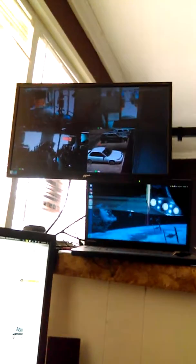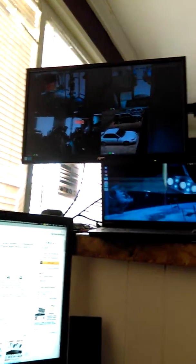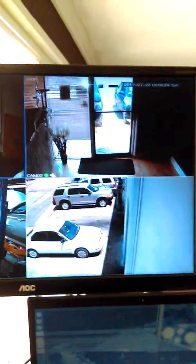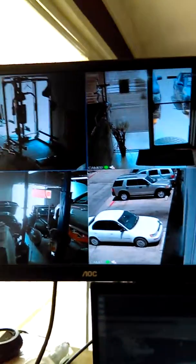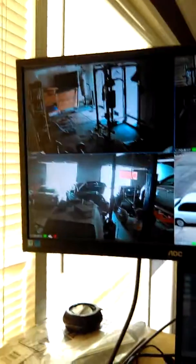This is not an unboxing video, and I've got a pretty messy shop here that I've installed this camera system in, but that's okay. I wanted to explain to you how easy it is to set up and some of the features. Now, as you can see here, the cameras are pretty clear. I'd say they're running at 720p. They've got night vision, so far it's been great. And if you look here at the menu system,